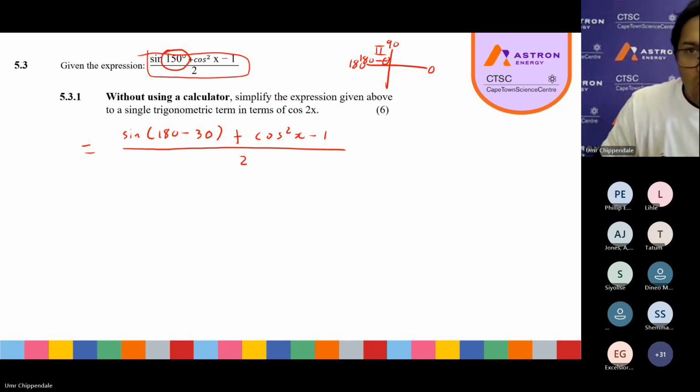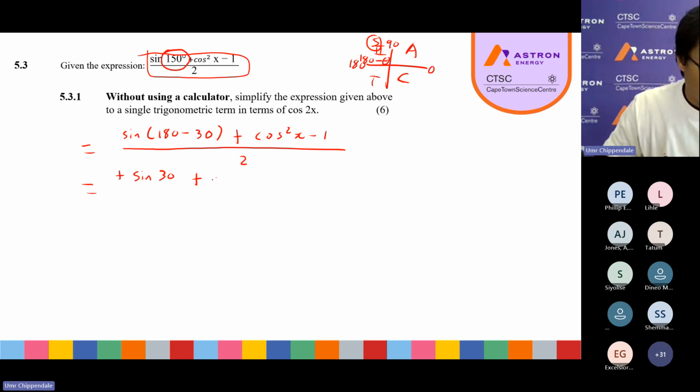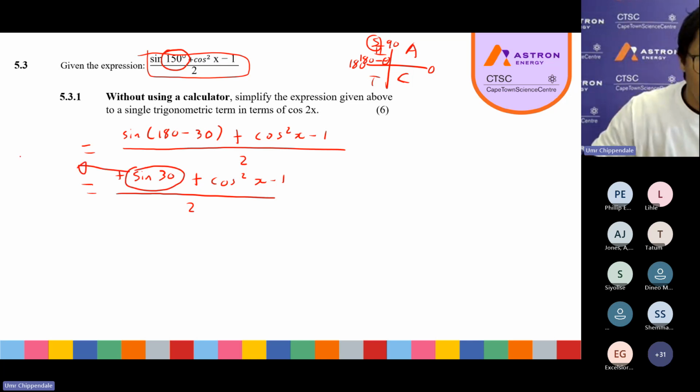Now, is sine positive in this particular section? Yes. Once again, CAST. It is positive, so there we write it as positive. That means you do not need to put a positive sign, I just like putting it there so we know what we're talking about. Sine 30 plus cos squared x minus 1, all divided by 2. There we go. And now, this should ring a bell. This is